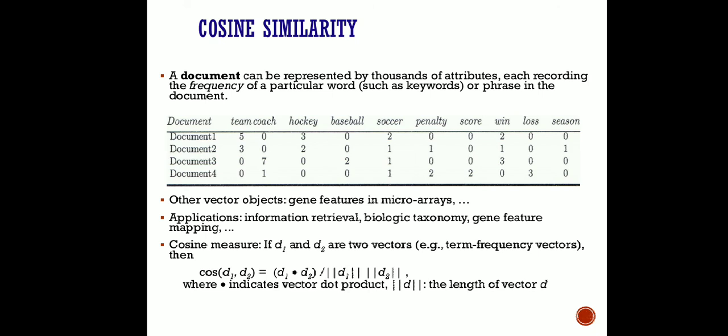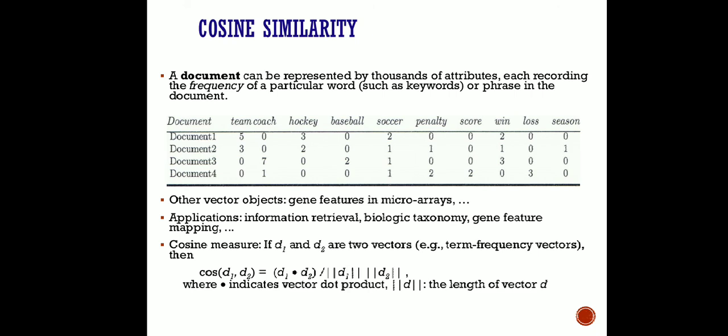Rather, in this lecture we will find out how to use cosine similarity in finding the similarity between documents. You can see here we have fetched some keywords, that is team, coach, hockey, baseball, etc., and there are 4 documents, and the occurrence of each word in a particular document has been written in the matrix. That is, in document 1, the word team has occurred 5 times, coach has occurred 0 times, hockey has occurred 3 times, and similarly for other words and other documents.